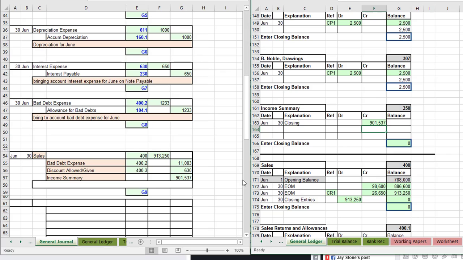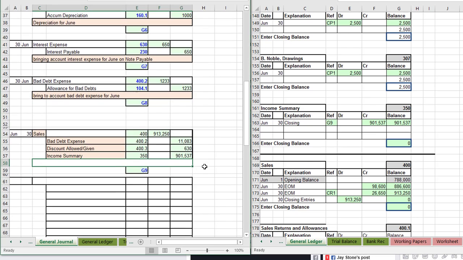So this is what would happen in a profit. This is equivalent to our net income. Balance, we can put the balance in, it's just that amount. Then the reference is G8. And the 350 is the account number for income summary. Alright,